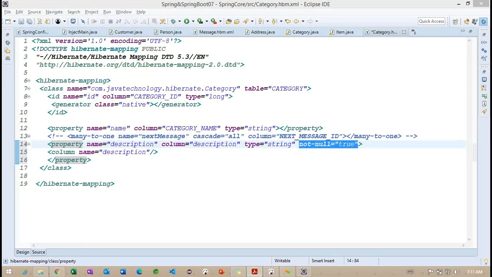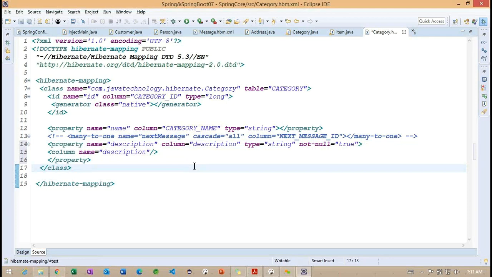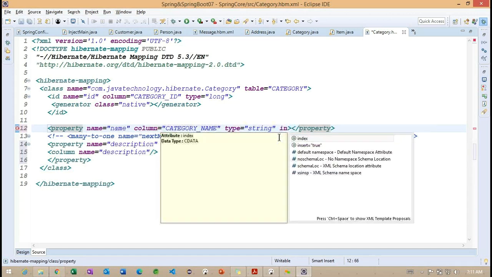Along with this, we can control the insertion and updation of these properties. How exactly? Observe, I want to add this to the name column, where we identified the column and type. Along with this, I provide insert.